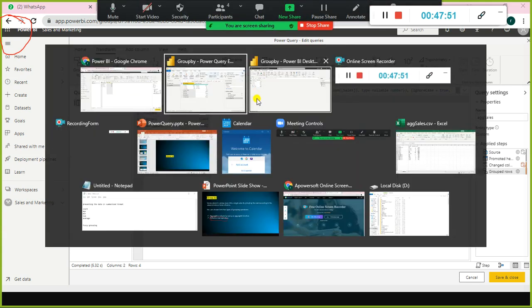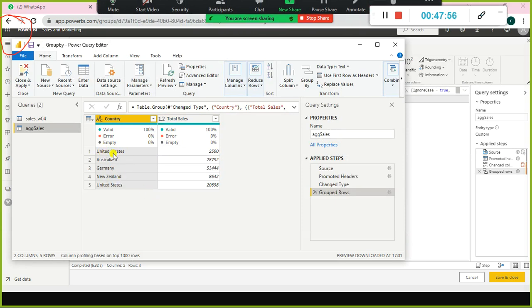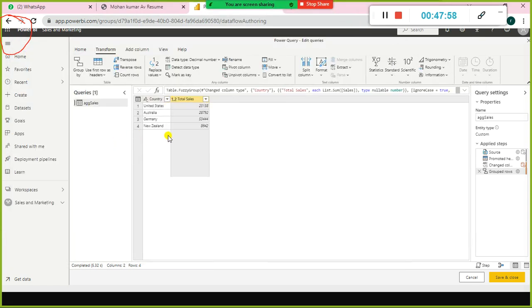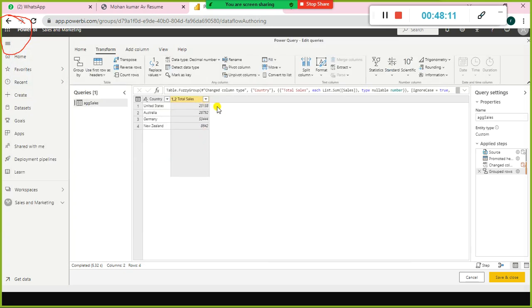Whereas here, it considered this separate. But here, since we used fuzzy grouping, it consolidates everything. See, 20,000 plus 2,500, so 22,500 and 23,000, and all, so 23,138. That is the advantage of using fuzzy grouping.